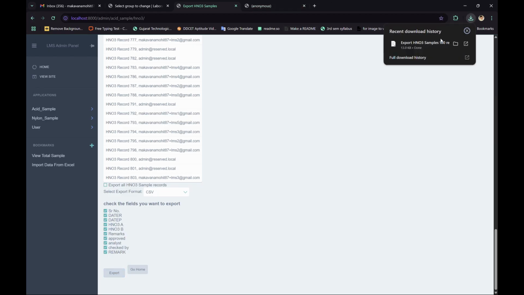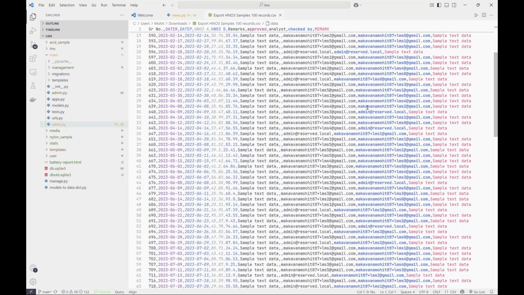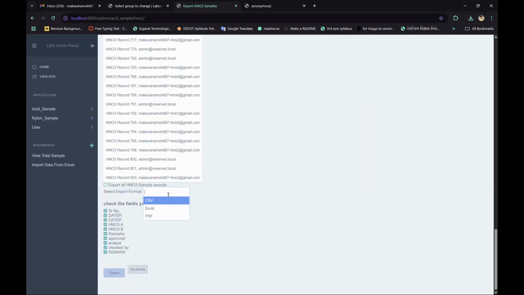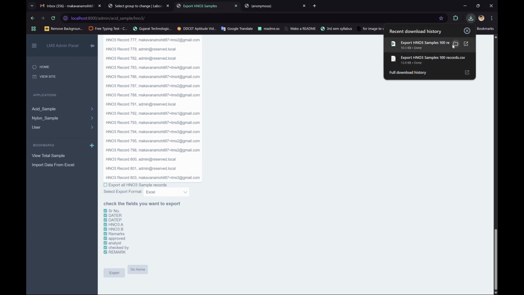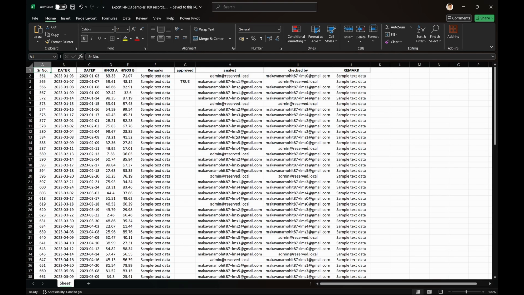We just download the CSV file. We can also see this in CSV format and, the most usable, in Excel format. So this is the Excel file, and now you can see all the records that I previously saved in the Excel file for